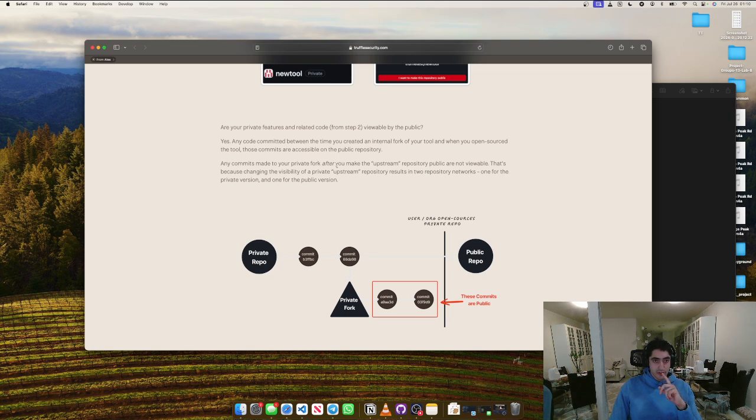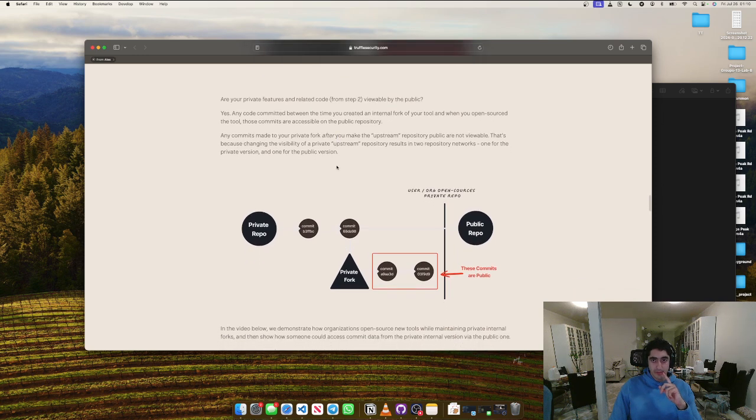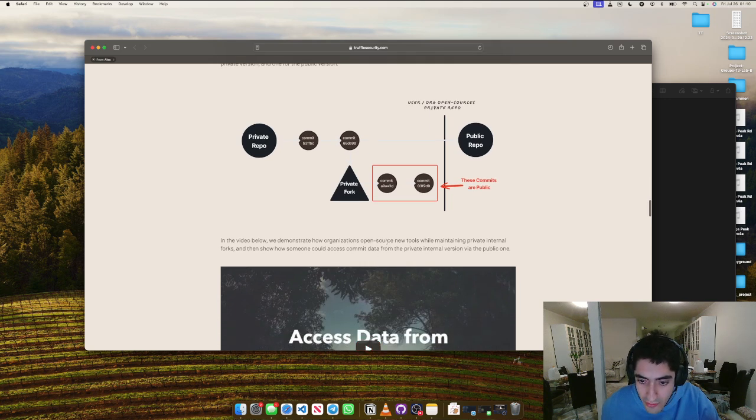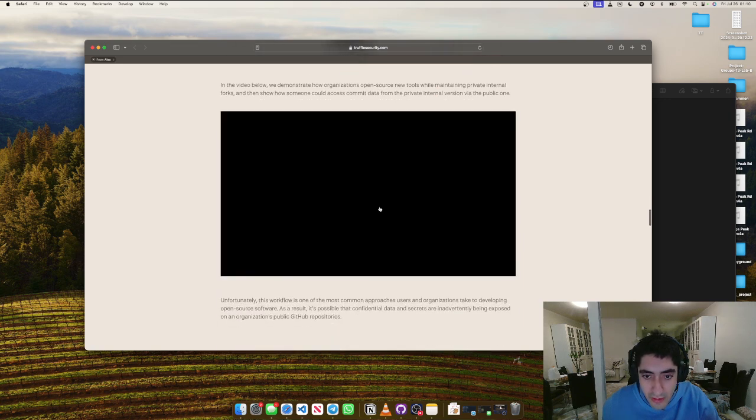That's because changing the visibility of a private upstream repository results in two repositories: one for the private version and one for the public version. In the video below, we demonstrate how organizations open source new tools while maintaining private internal forks, then show how someone could access commit data from the private internal version via